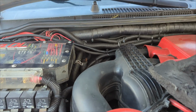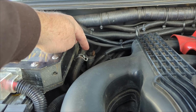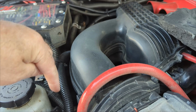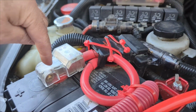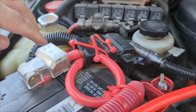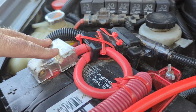So back here in the corner, right here, is where the cutoff switch is going to go. Then I'm going to run a short loop over to here with the fuse, and then come over here and tie onto the positive battery cable connector, except there's a little bit of a problem. It's getting real congested over here, so I might have to actually swap out this entire end with something possibly